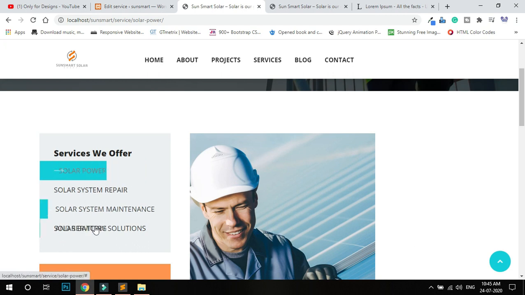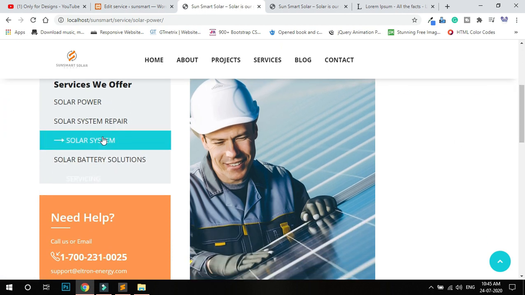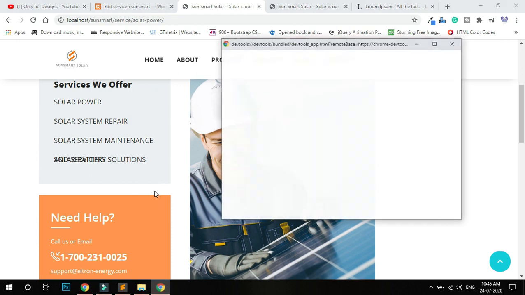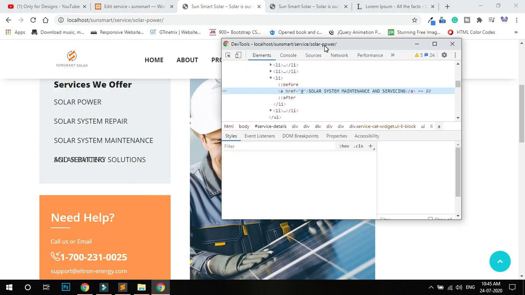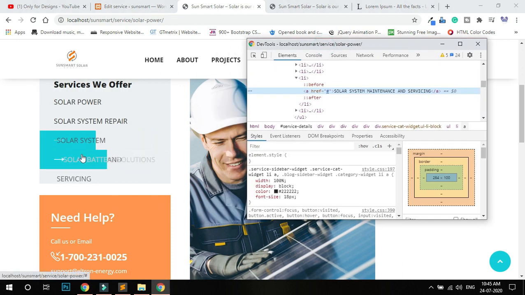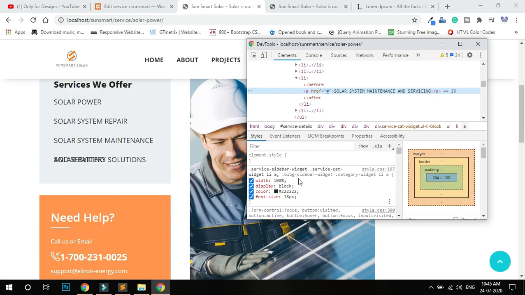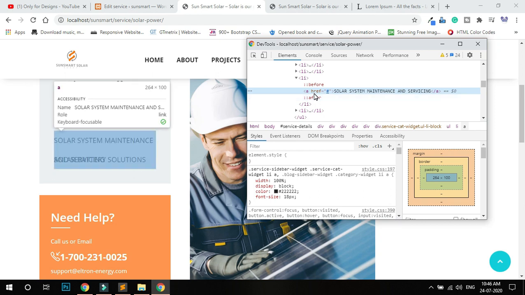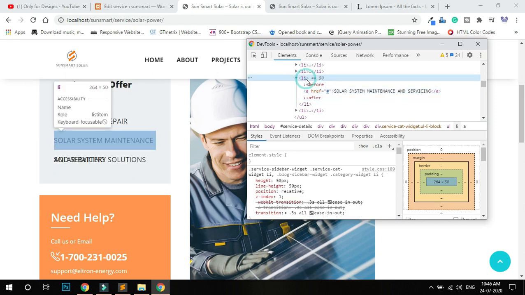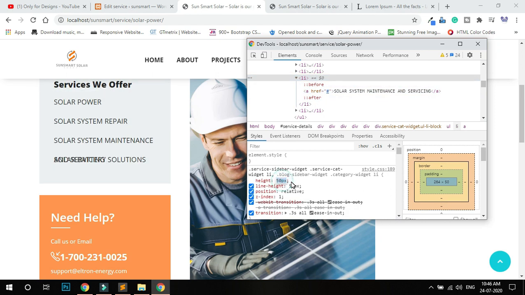so what I do, I just give a line height. You can see it overlaps in this service. So font size, width, display, li, height.